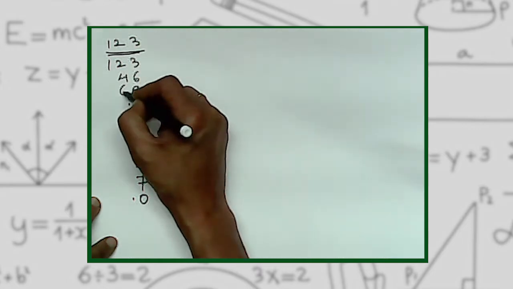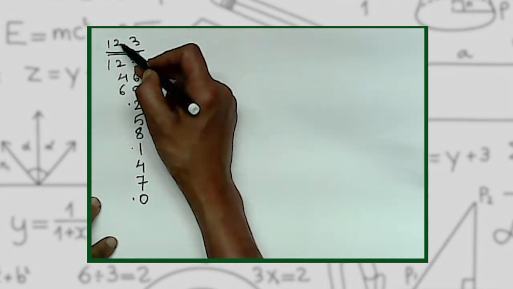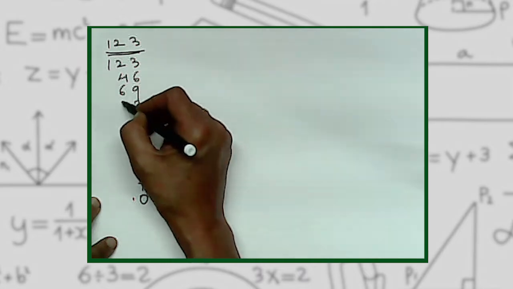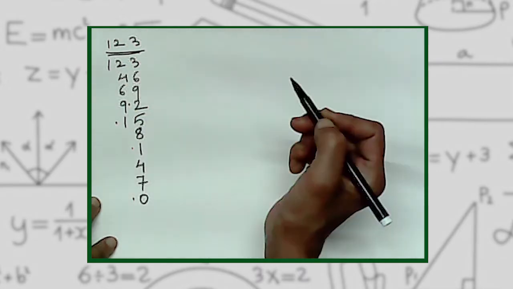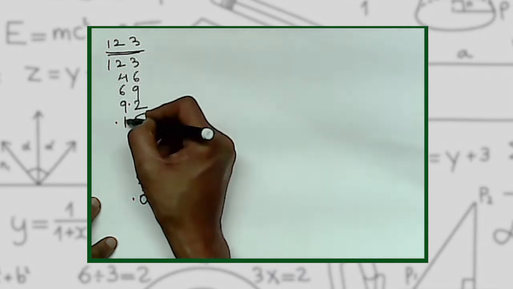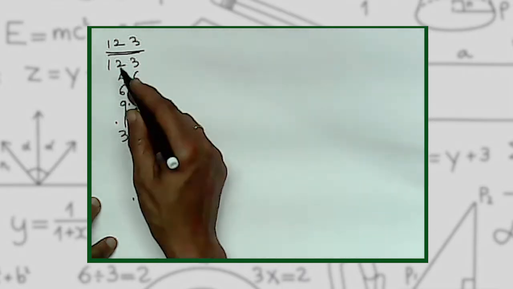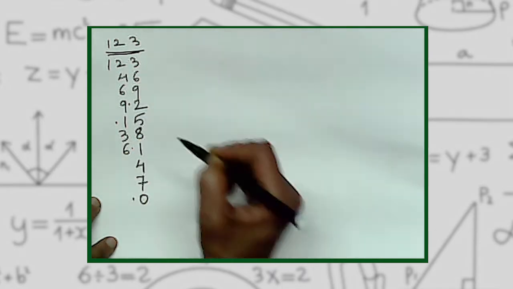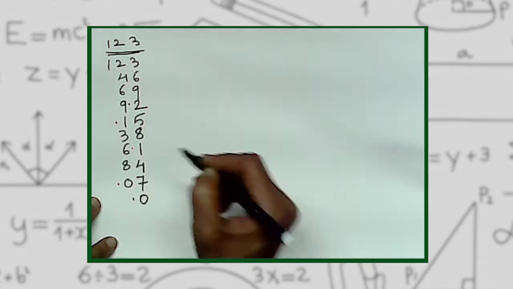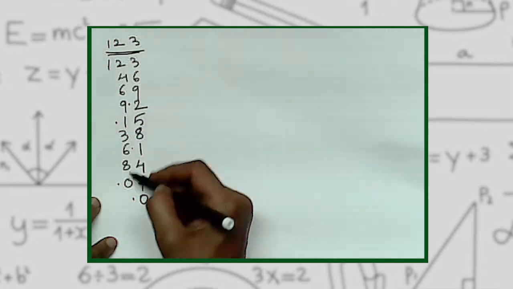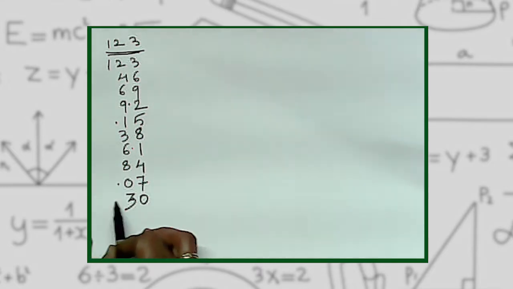Now tens place. 2 plus 2, 4. 4 plus 2, 6. 6 plus 2, 8. And this point, 9. 9 plus 2, 11. So, point 1. 2 plus 1, 3. 3 plus 2, 5. And point 6. 6 plus 2, 8. 8 plus 2, 10. So, 0 and point 2 plus 0, 2 and this one 3. We will have to cross check here because tens place will be 1, 2, 3, 0.